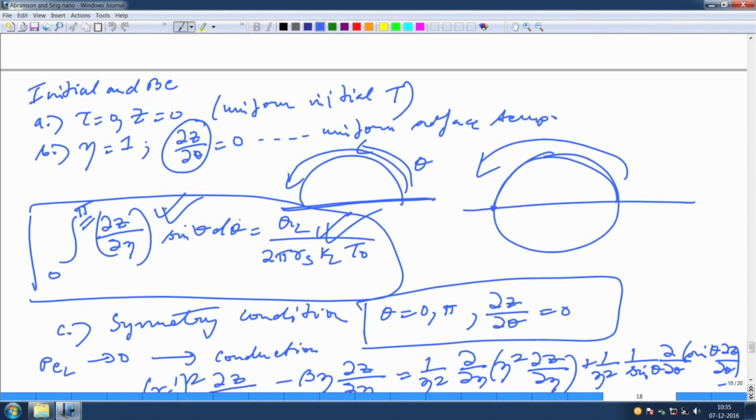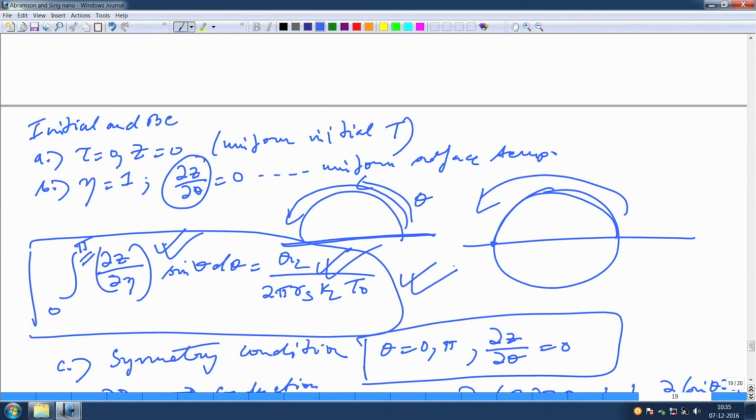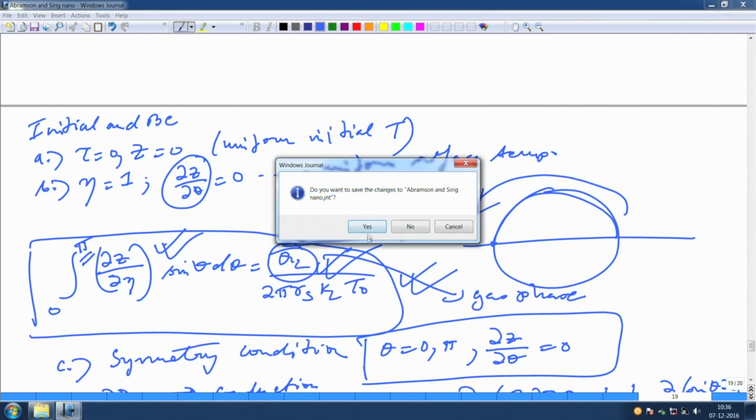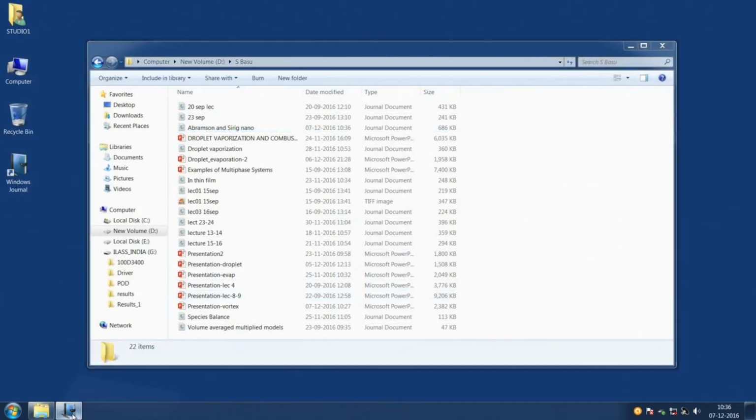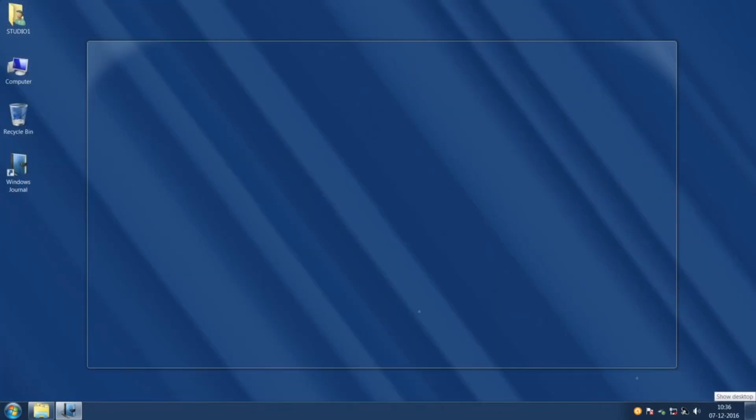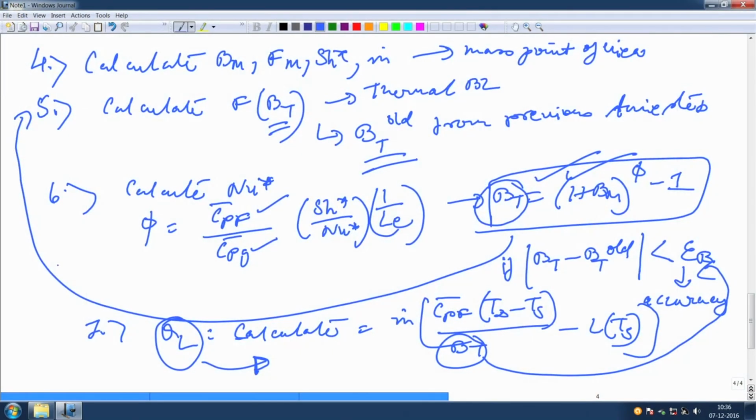Here, you see this. So, there is that QL. QL comes from this gas phase, and that QL is the QL that you are going to use in here. So, this QL calculation involves BT, but BT has to be evolved in this particular way from the